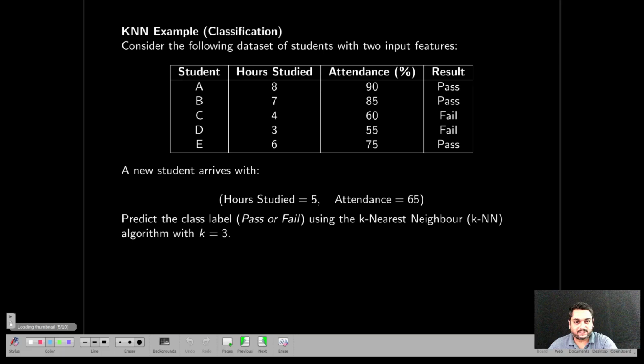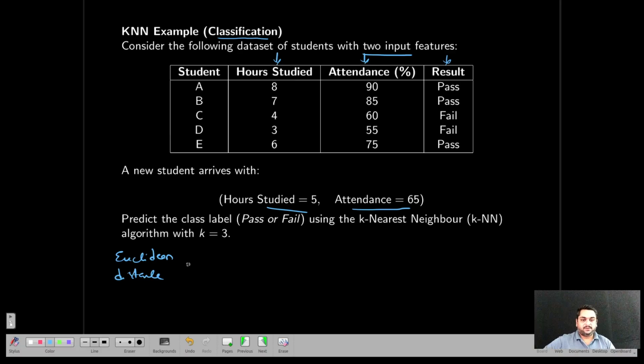Okay. So we'll take an example, and you'll understand. Let us take this example. First, we'll solve it as a classification problem. They have given the data set of students with two input features. The dimensionality is 2. They are given the study hours and the attendance percentage, and they are given the result. There is a label, pass or fail. Given a new data point, you have to predict to which class it belongs, whether it is pass or fail. So let us use the Euclidean distance to calculate